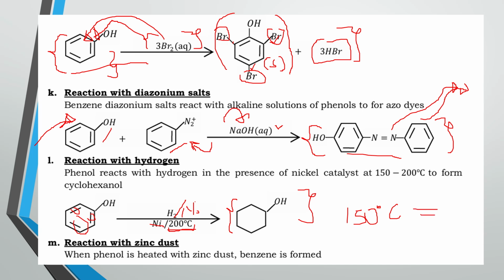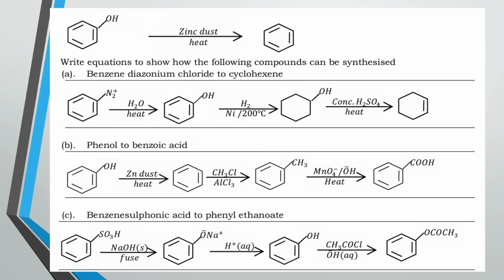So let's also look at the reaction of phenol with zinc dust. Remember that you have already explained this in preparation of benzene. So we can easily prepare benzene using zinc dust, and then we heat. Now notice that here I didn't mix symbols with words. I only used words throughout. But if you want to use a symbol, then you write Zn. Then the dust is going to be represented by a state, which is going to be S, and then the condition for that, you put it down the arrow, which is going to be heat